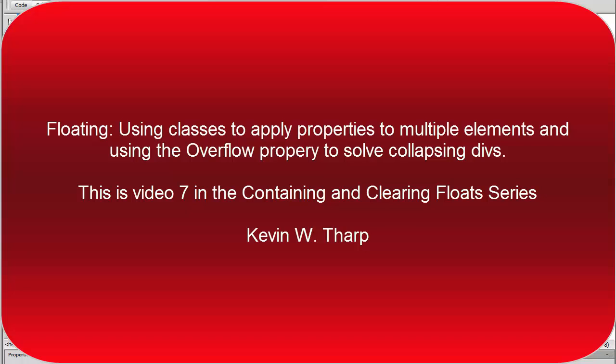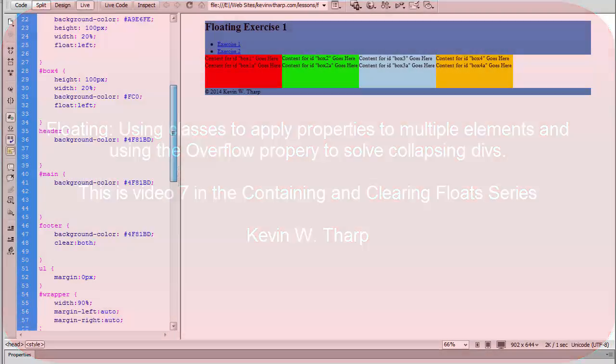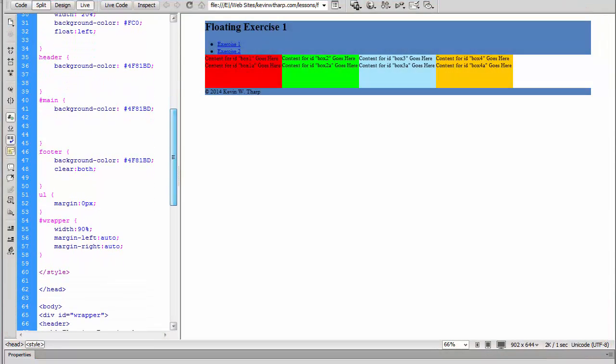So let me show you what I'm talking about. One of the things that I want to do here is I'm likely to use this clear function that I'm teaching you in multiple places. So what I'm going to do is set up a new class, and I'm doing it as a class rather than as an ID because that allows me to use it in multiple places in a page. So I'm going to create a class called clear,